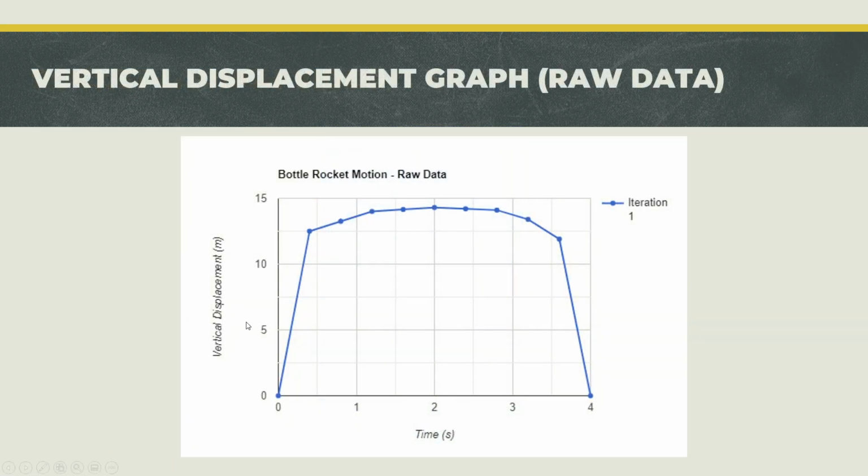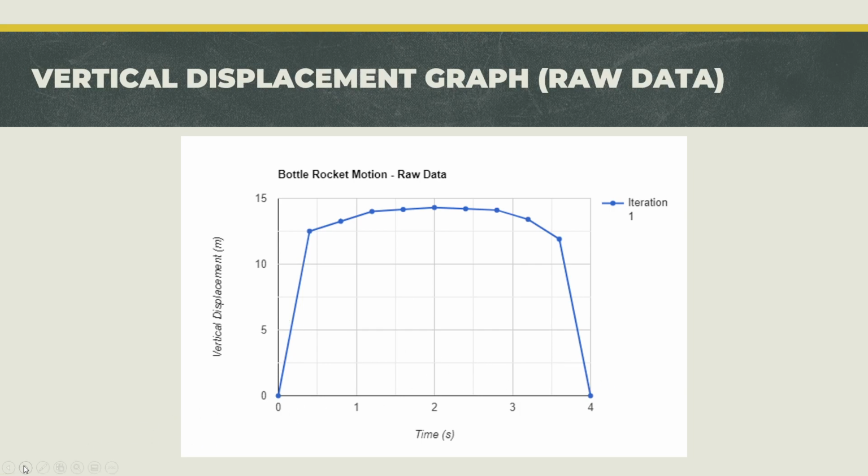Now, from this experiment, we could collect a little bit of raw data from that video you saw back there, as a matter of fact. And you can observe that it took the rocket around 4 seconds to complete an entire launching and landing cycle, and it reached a maximum height at around 2 seconds. Now note that this graph is mapping time to the vertical displacement of the rocket. That is how far it was from the ground at every single given point in time,